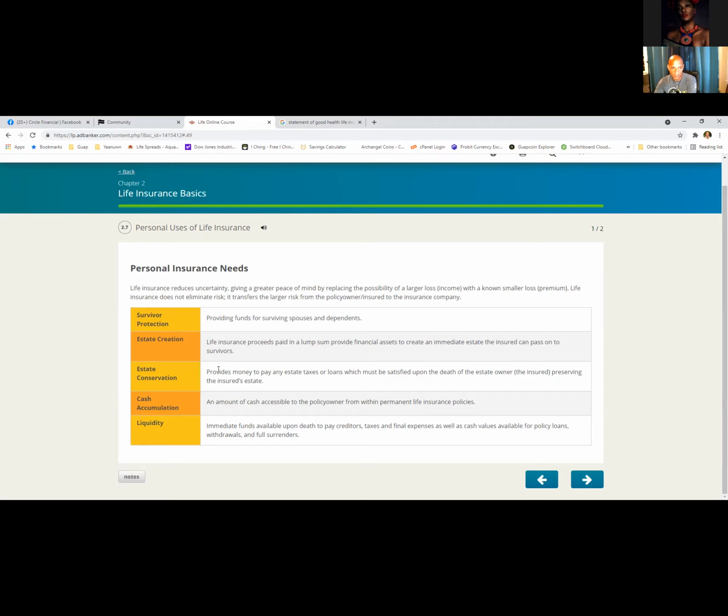Cash accumulation is the amount of cash accessible to the policy owner from within permanent life insurance policies. This is what we use for generational wealth creation purposes and retirement planning purposes. Liquidity means immediate funds available upon death to pay creditors, taxes, and final expenses, as well as cash values available for policy loans,